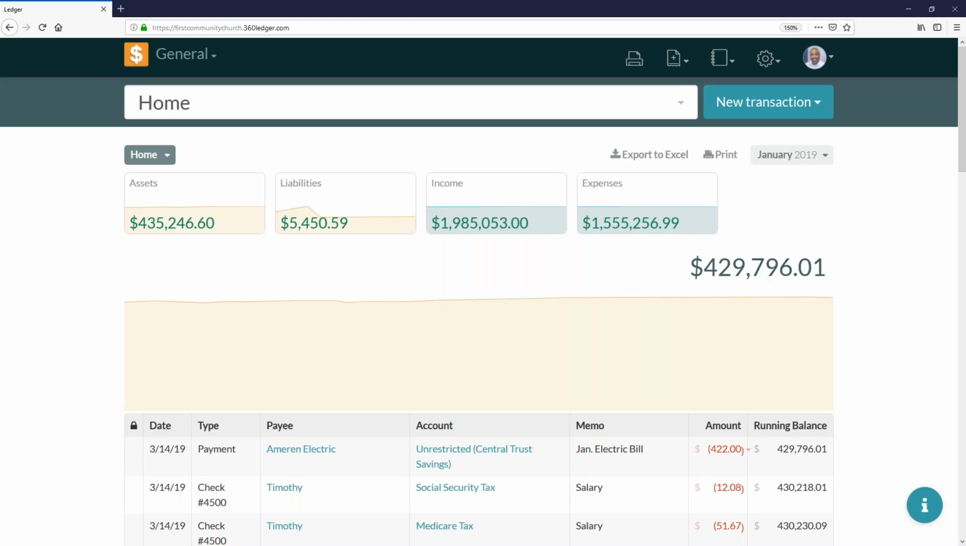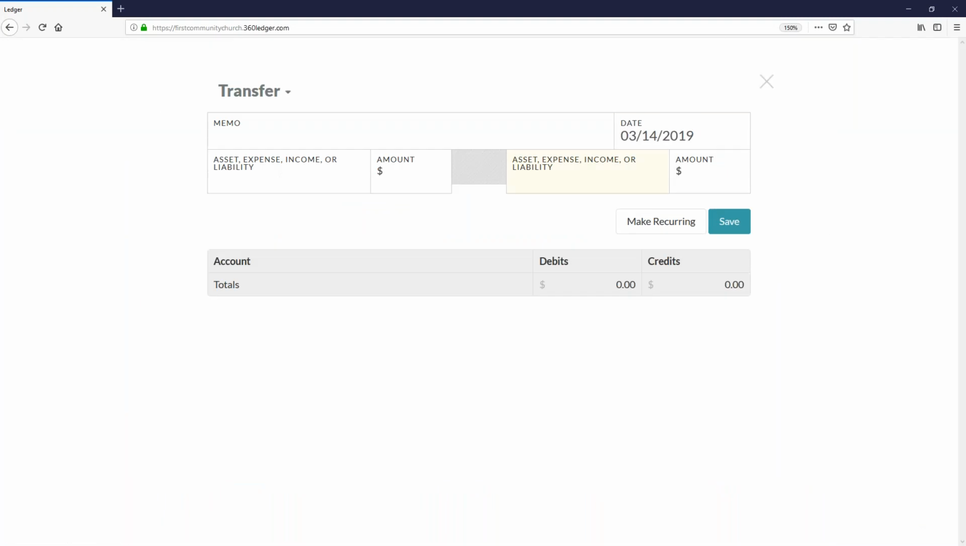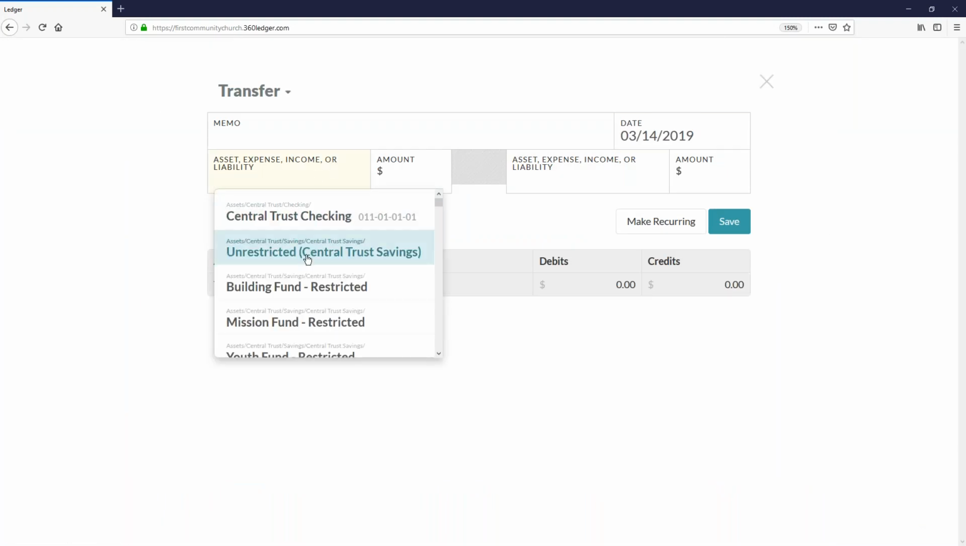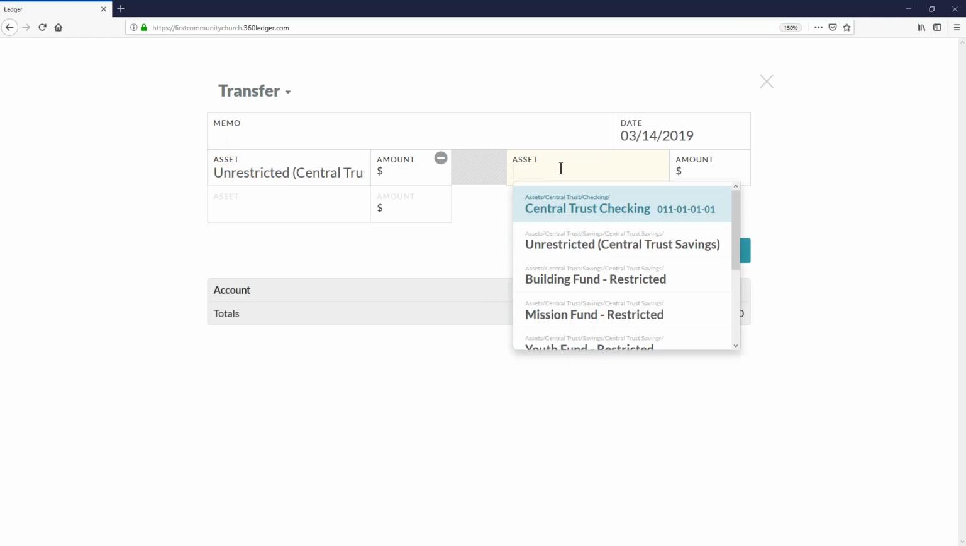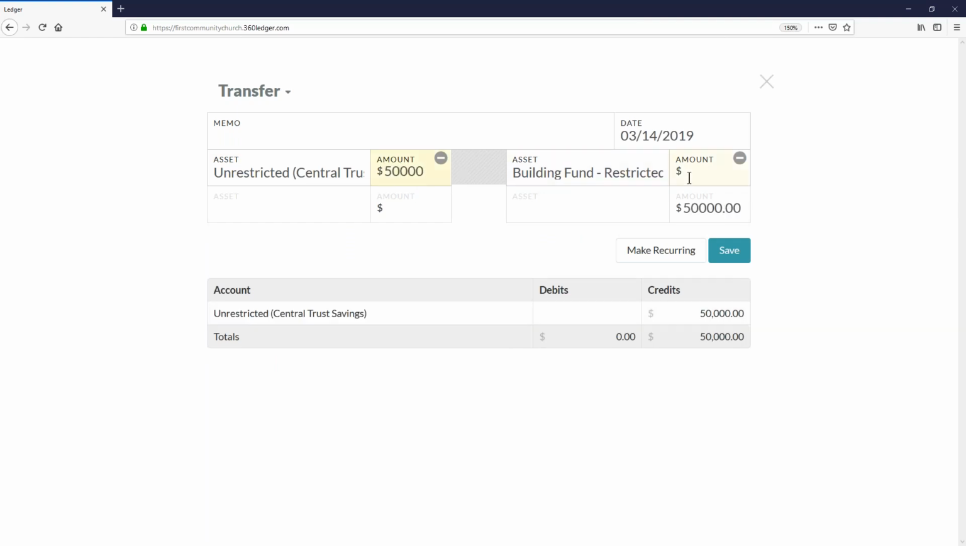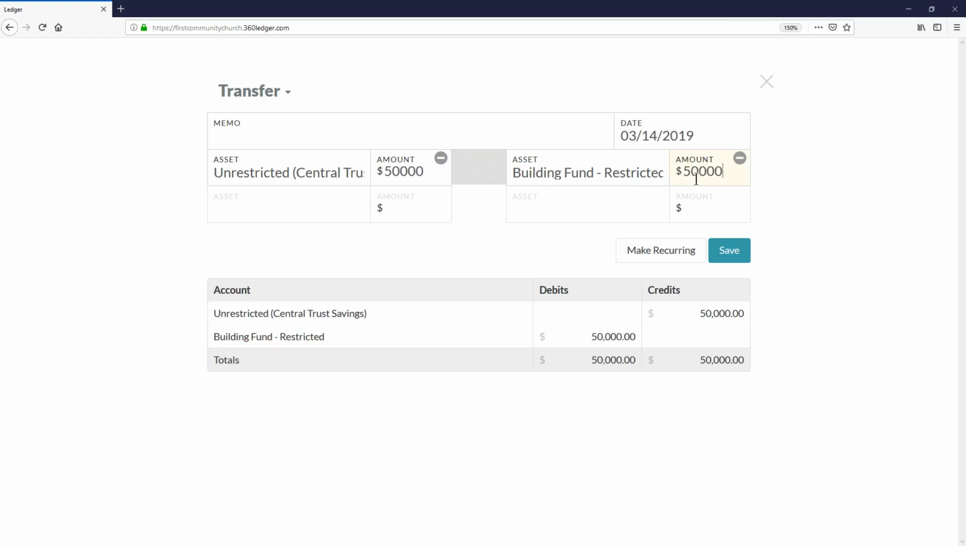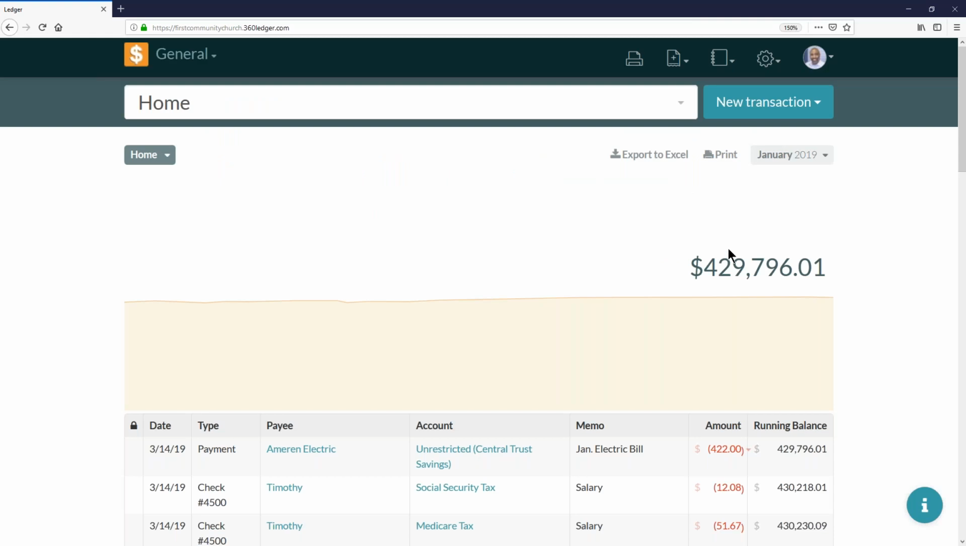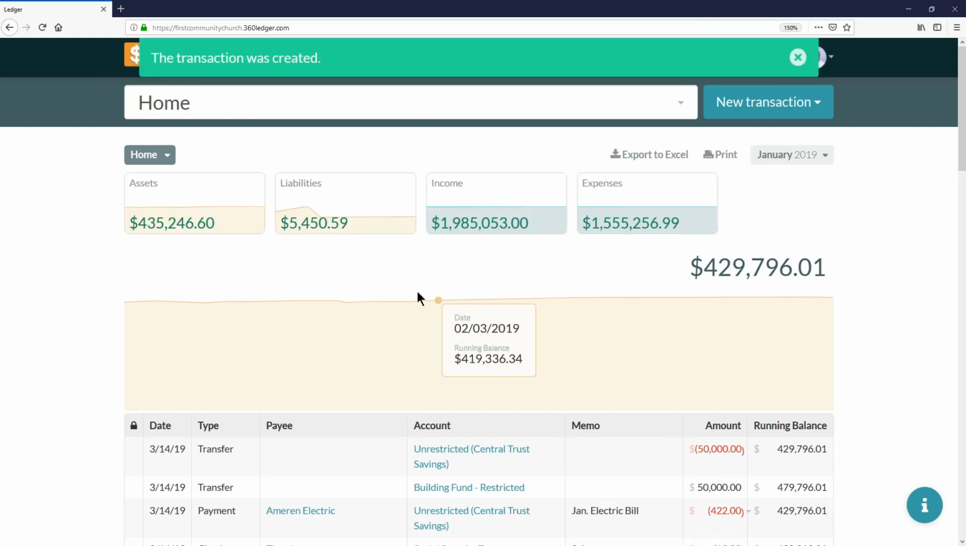So when we're working with Church360 Ledger, when you go to new and you go to transfer, that's going to allow you to transfer the money from unrestricted to the building fund. So say unrestricted central trust savings, say that the building fund is supposed to have $50,000 in it, and then we can put the 50,000 here on the right. So we're crediting unrestricted central trust savings and we're debiting building fund restricted. When we save that, that's going to decrease central trust savings and it's going to increase